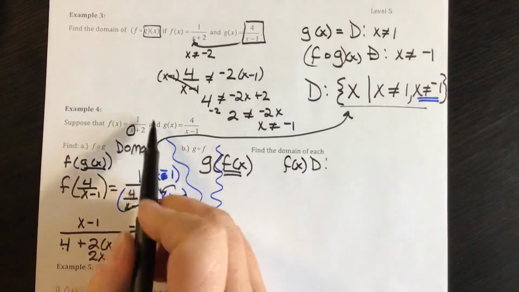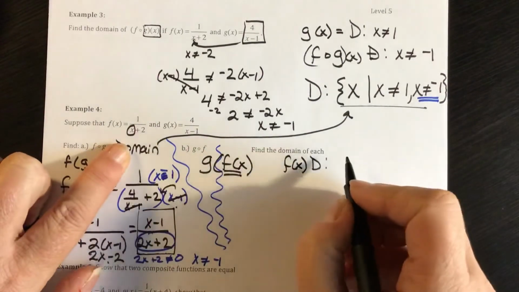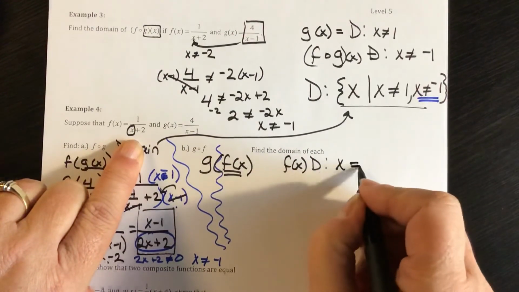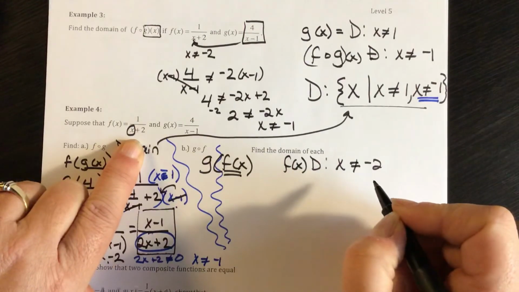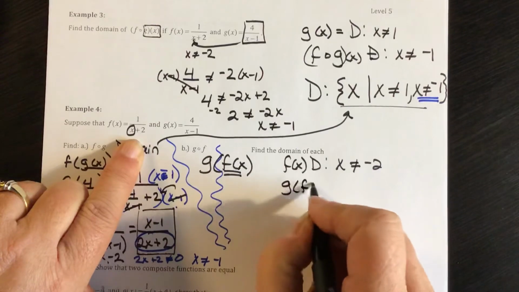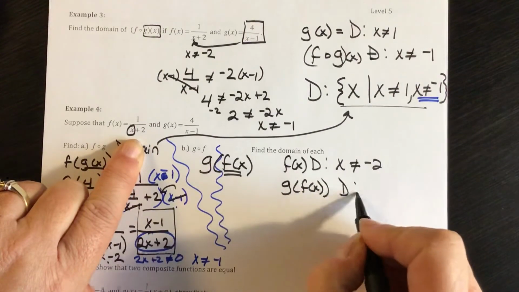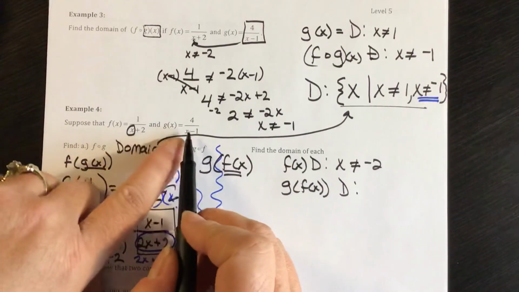So f of x is 1 over x plus 2. So the denominator can't be 0, so x cannot equal negative 2. All right, now my g of f of x, for that domain, my g of x,